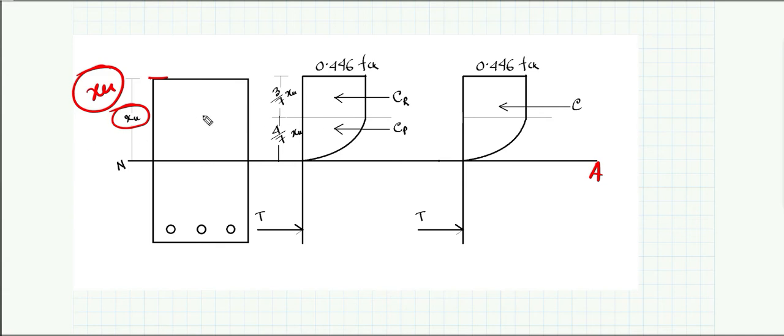Now as you can see, the stress distribution diagram for a flexural member is considered as follows: the top portion is rectangular and the bottom portion is parabolic. It is assumed that the rectangular portion is 3/7 XU. Actually we can find out why this value is 3/7 XU and why the other is 4/7 XU. We will see that. We have already looked into the fact that the stress at the top fiber is 0.446 FCK, and this is the tension.